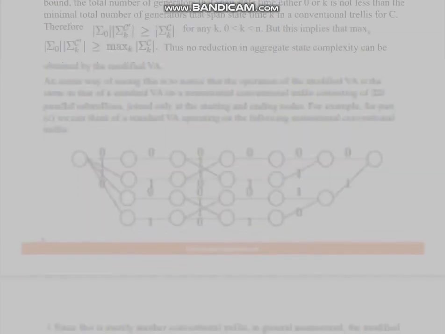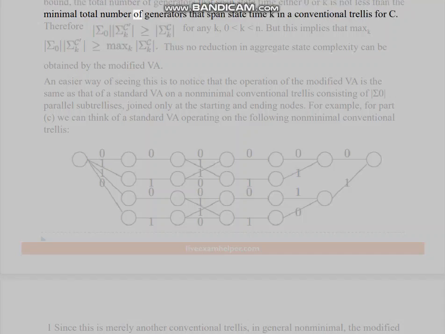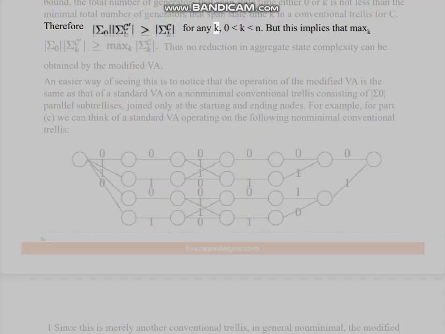By the cut set bound, the total number of generators that span state time either 0 or k is not less than the minimal total number of generators that span state time k in a conventional trellis for C. Therefore, for any k, 0 < k < n. But this implies that max. Thus no reduction